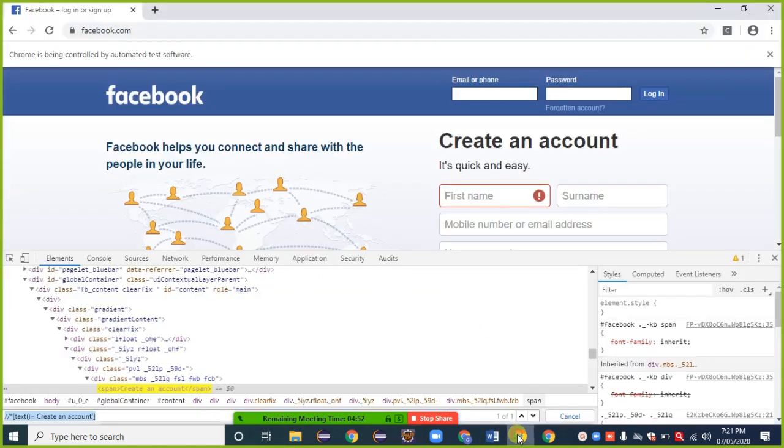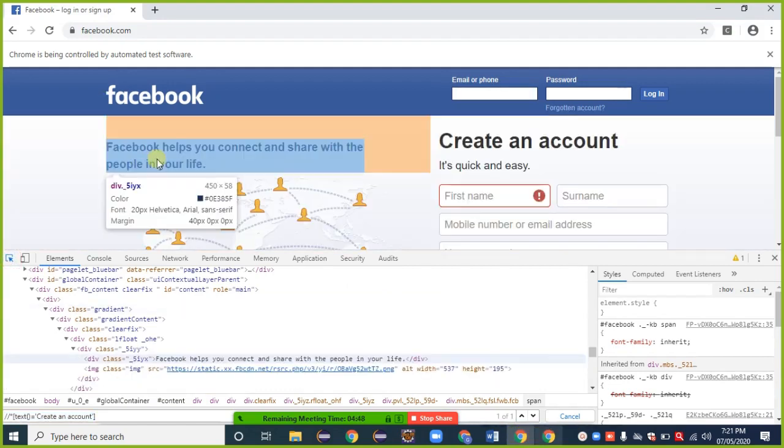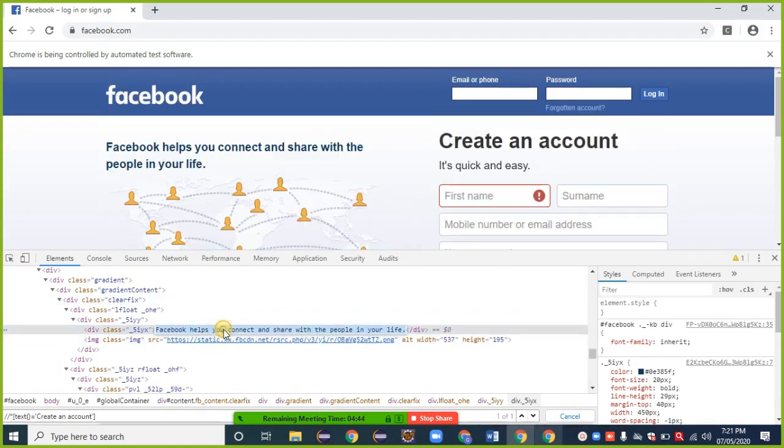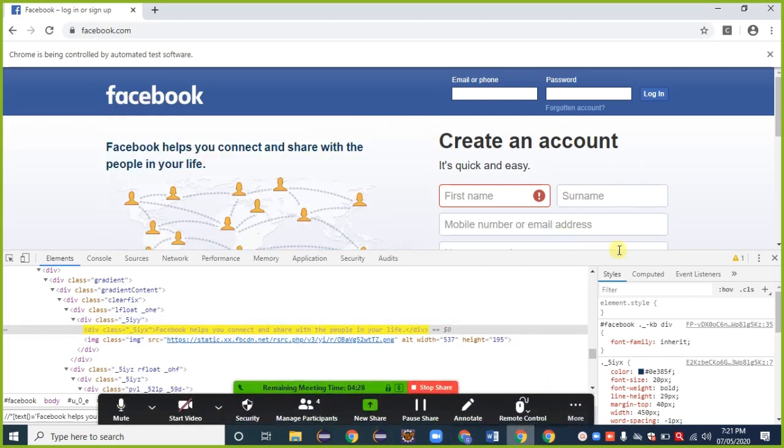We can go with another one also. Inspect this one, take its text, Ctrl+C. This belongs to "Facebook helps you connect".